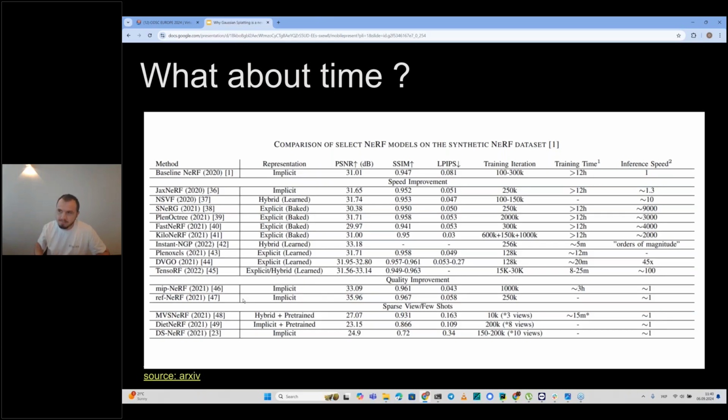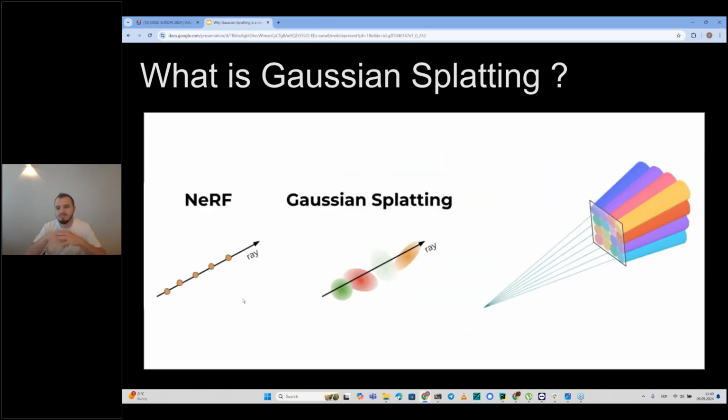But the most brilliant and effective way to approximate these neural radiance fields while providing extremely low training time and extremely high rendering speed was Gaussian splatting.